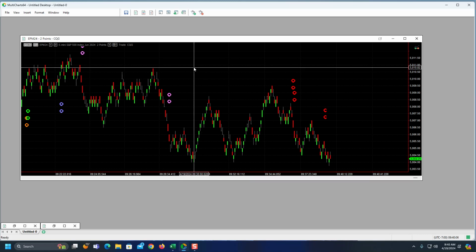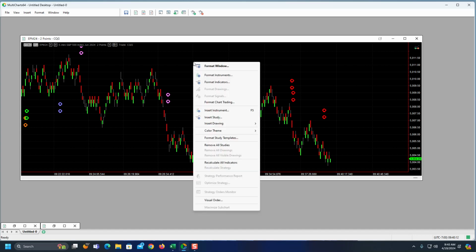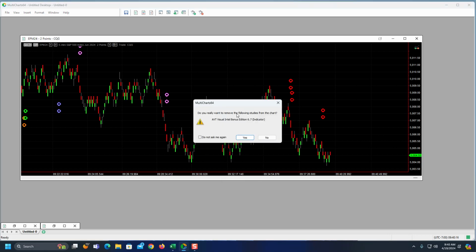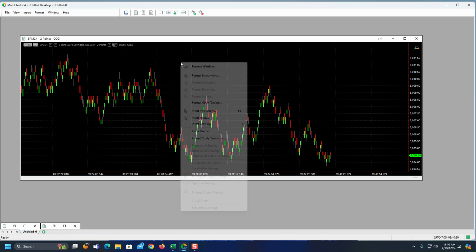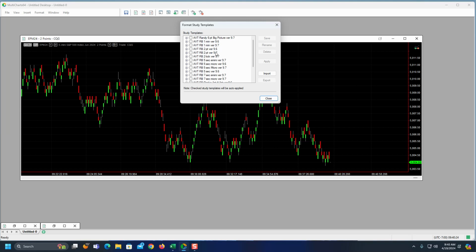because most of these things, you're not going to be starting from scratch. So if you're not starting from scratch, you could always right-click on this chart and select Remove All Studies. It's going to ask you a question. Yes, you do want to do it. And then you can come back and select Format Study Templates and come down to the 2-point version 9.7 and